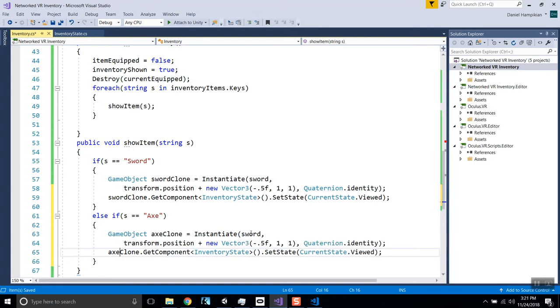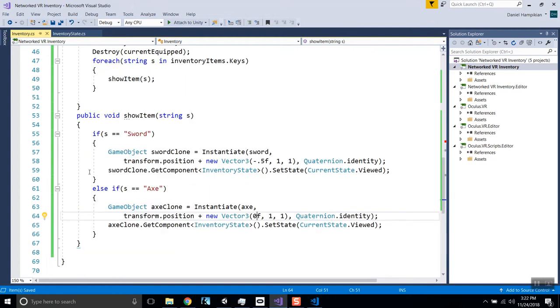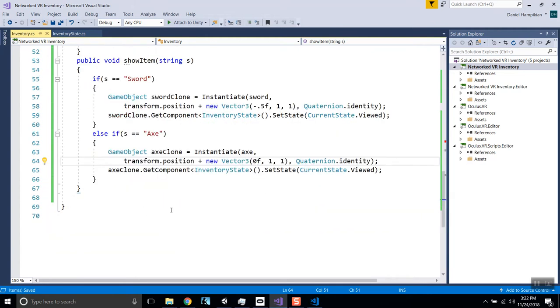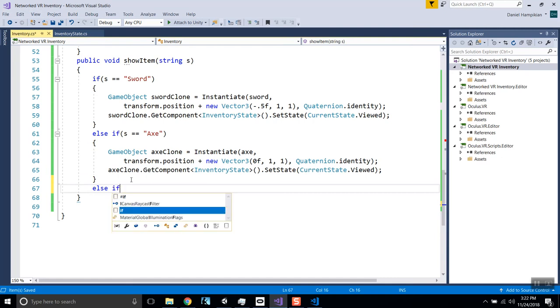Axe clone. And we will instantiate our axe. And we'll make it a little bit further over to our right. So we'll say 0 instead of -0.5, so it's a little bit out of the way. All right, so we only have 2 types of inventory so far. But let's put in something